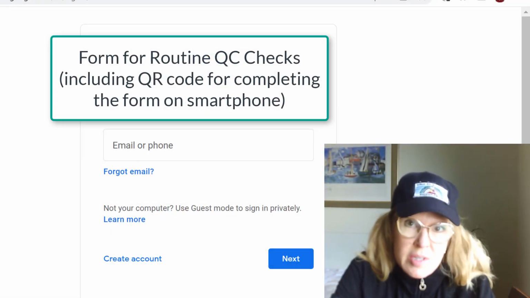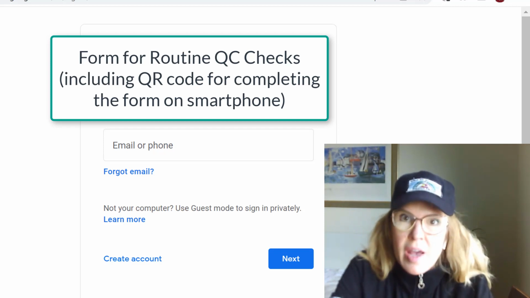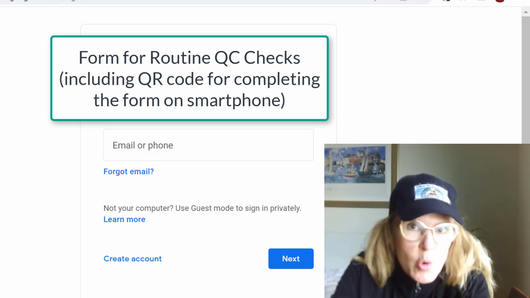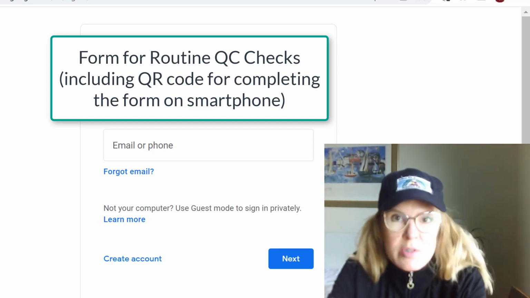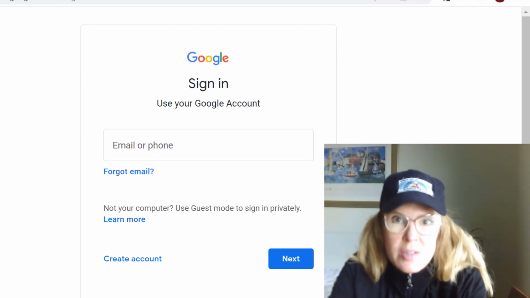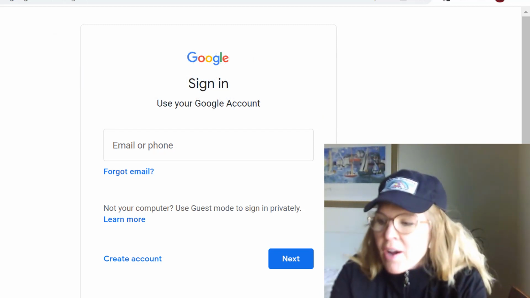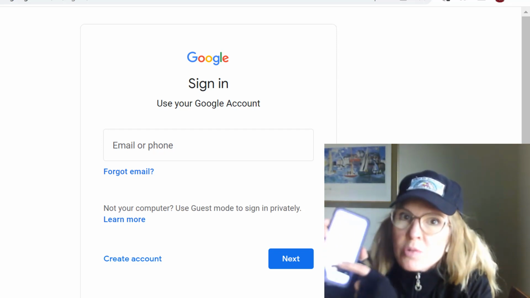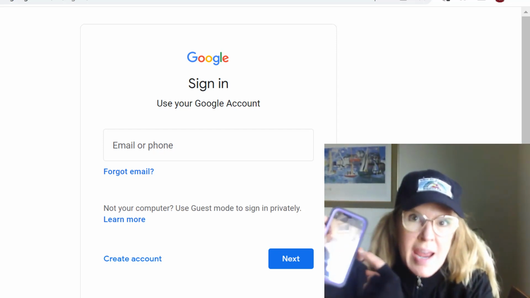Okay, so how do we do this? How do we set up a field data sheet that logs numeric values and the date it was opened and the date and time it was closed, which indicates how long that QC check took? How do you set that up on your phone so you could fill it out on your phone at the